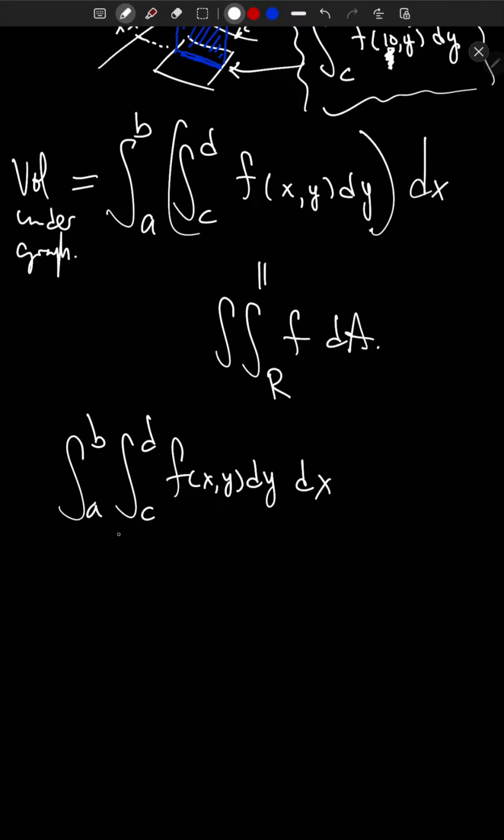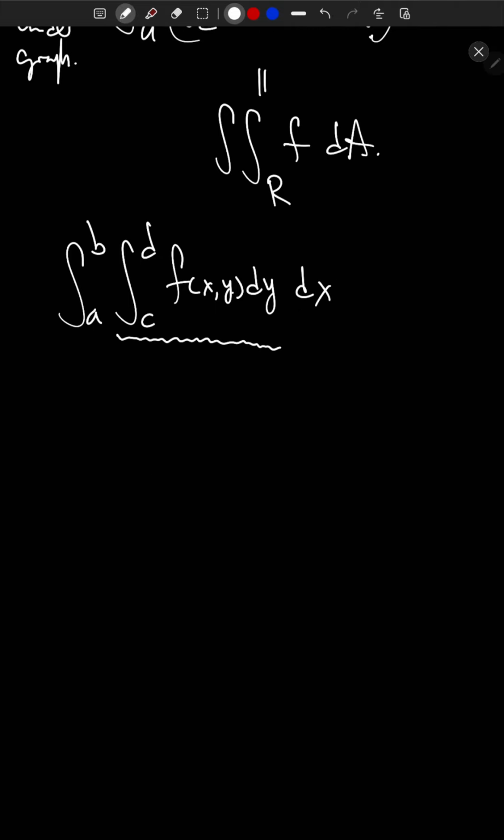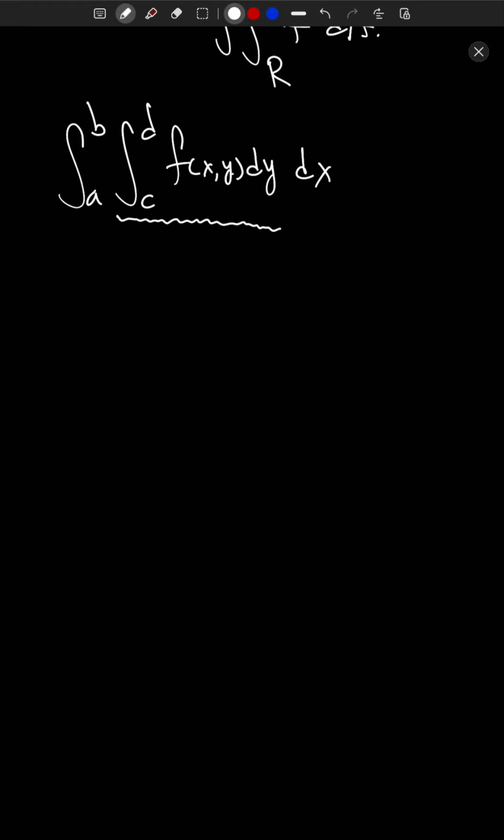Implicitly, meaning that I do this integral inside, it's going to give me a function of just x, because the y's integrate away when I input the limits of integration c to d. And then I just integrate a function that's just in the variable x. All right? Okay, so the first question is, before I even do any examples, I chose to do this with